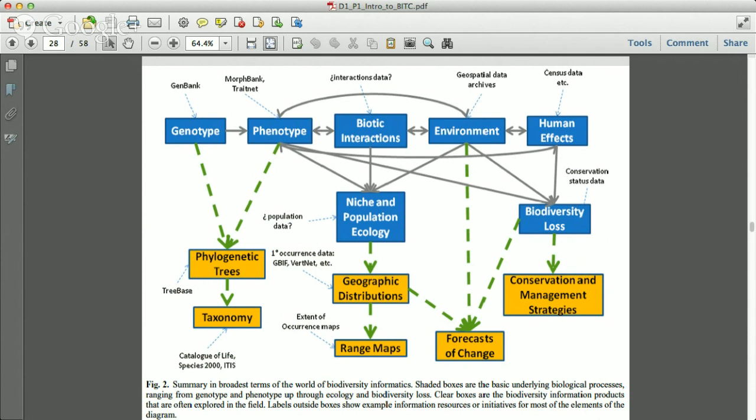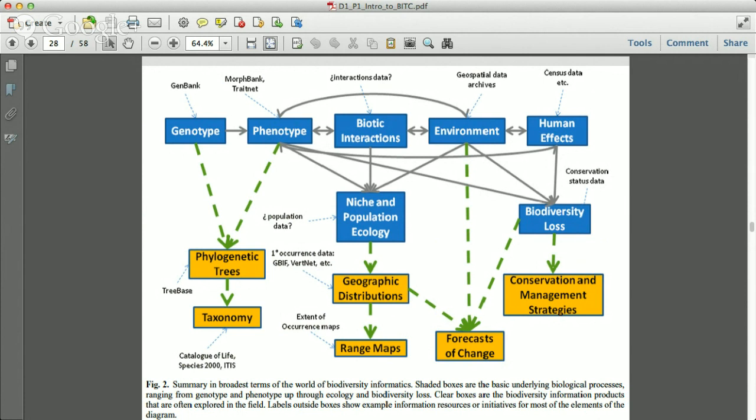And so those realms of data, it might be sequence data from GenBank, it might be occurrence data, observation status data. Those are all realms of data, data streams that can be brought to bear on these questions of